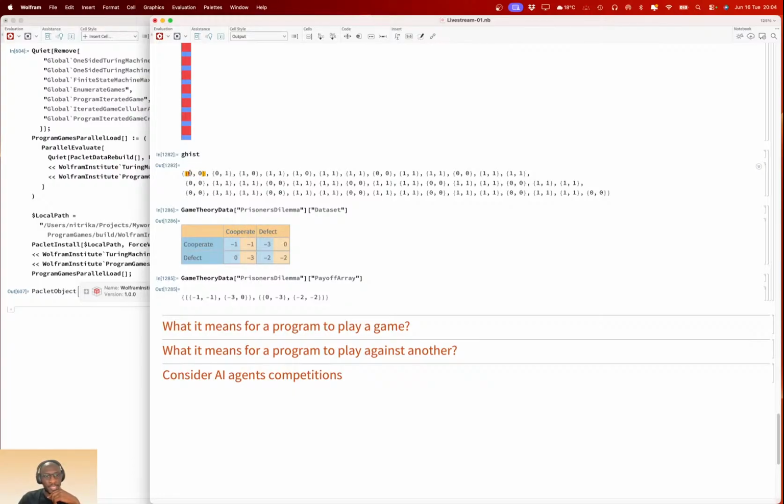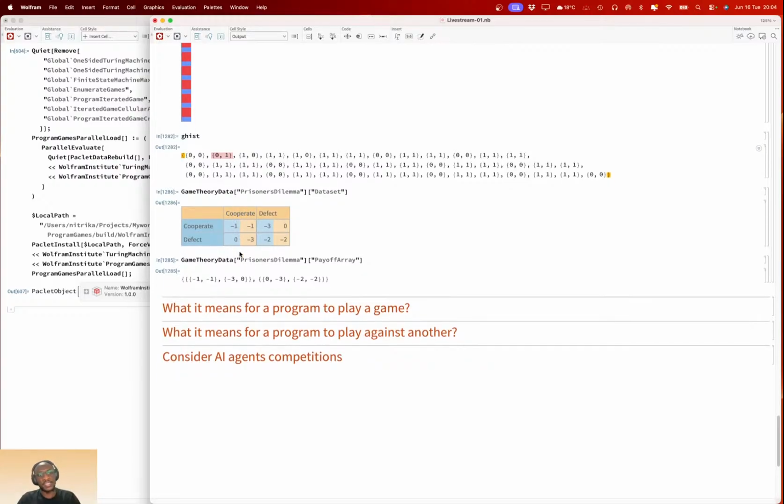So the first player did cooperate, and the second player did cooperate. So you get -1, -1. Keep going. Second round, they did cooperate and then defect. So first player cooperate, second player defect. The second player has -3, which means that they lose based on this metric.